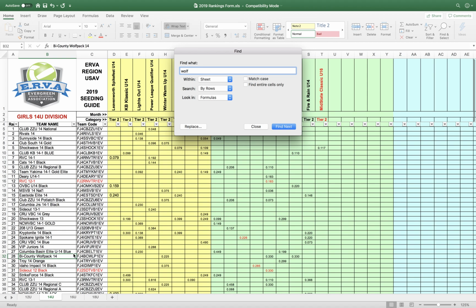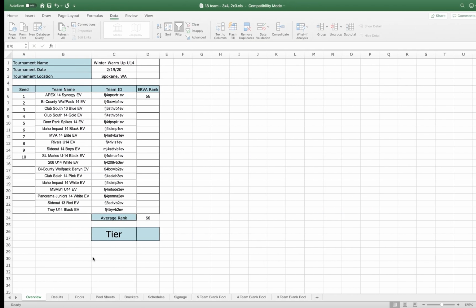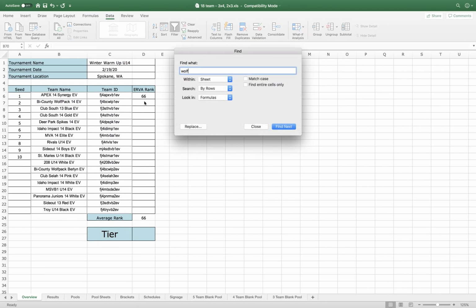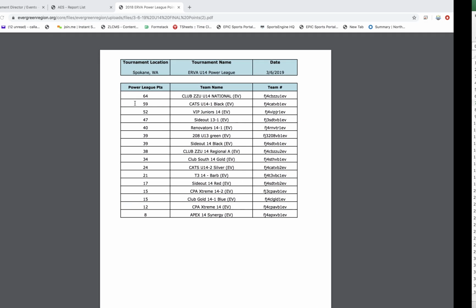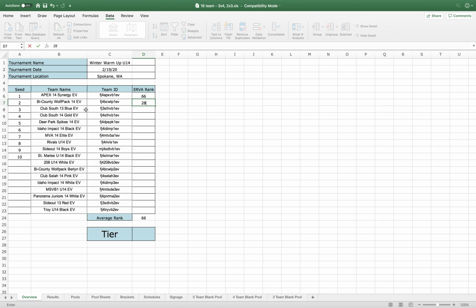And they were 28th. That's their first team. So again, when you're looking, sometimes it might say Bi-County Wolfpack, but you do have to look at that team code to make sure that it's the number 1. And so now the other thing that you see here is even though this is the 1 team, it's a